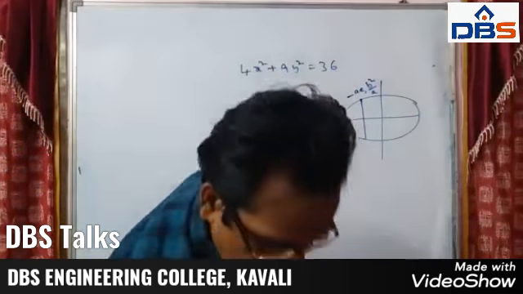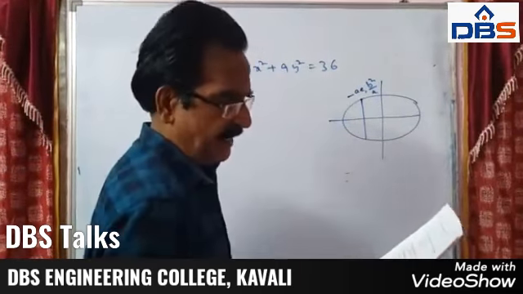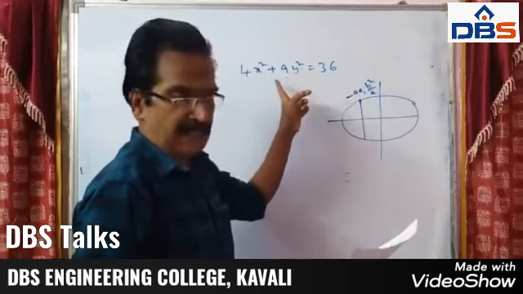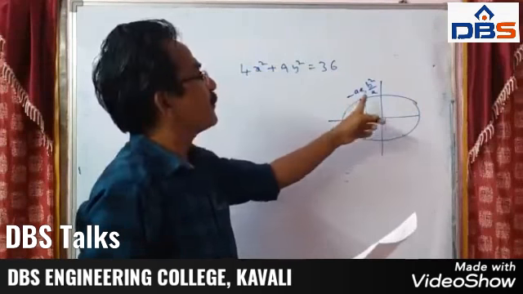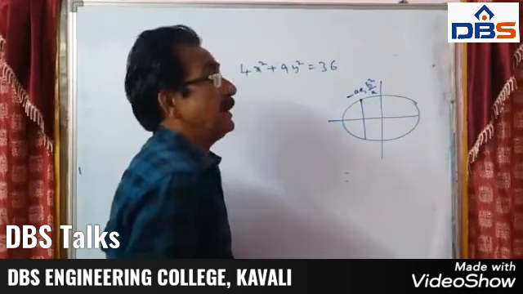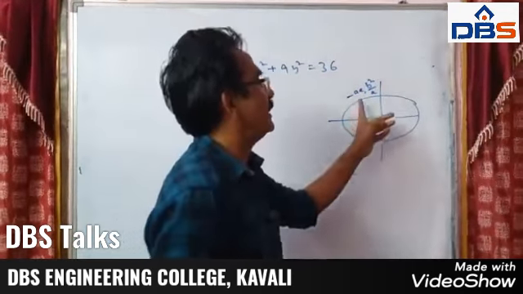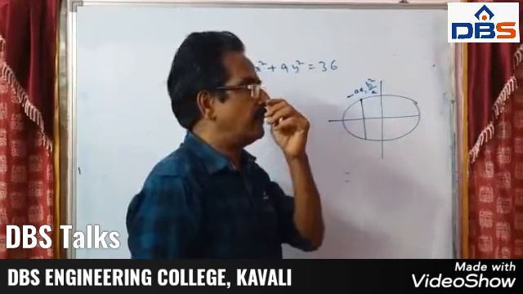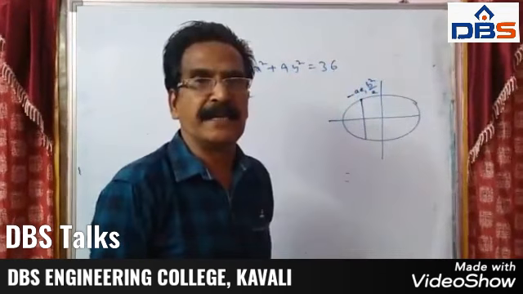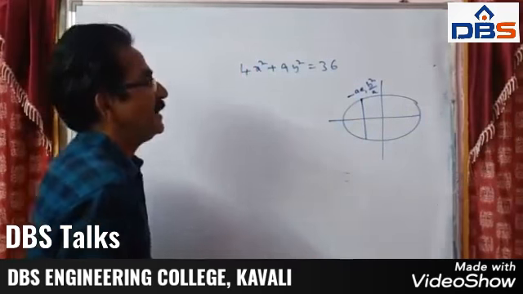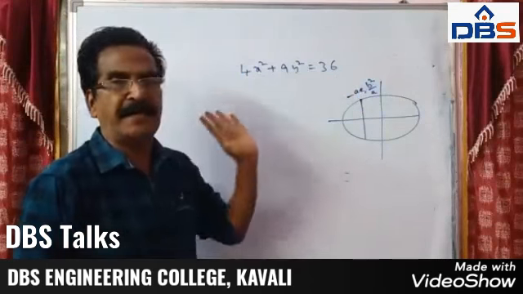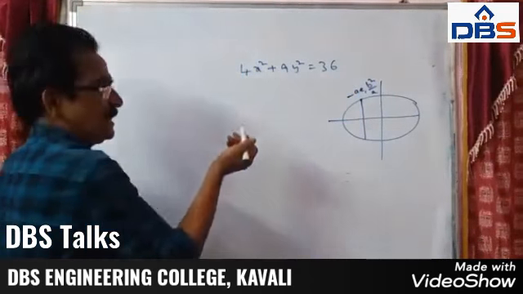So what is the problem? I shall read out the problem. We have to find the equation of the tangent to this ellipse at the end of the latus rectum in the second quadrant. If it is the first quadrant, it is ae comma b square by a; in the second quadrant, it is minus ae comma b square by a. So we have to find the equation of the tangent to this ellipse at this point. So what is a, what is b?